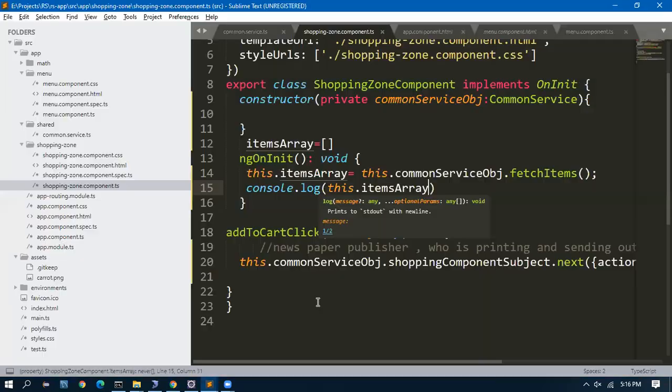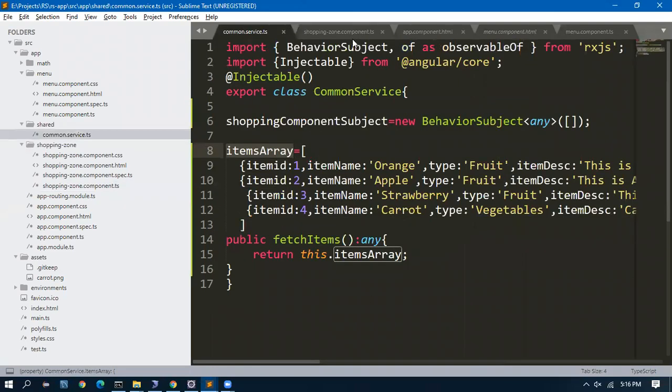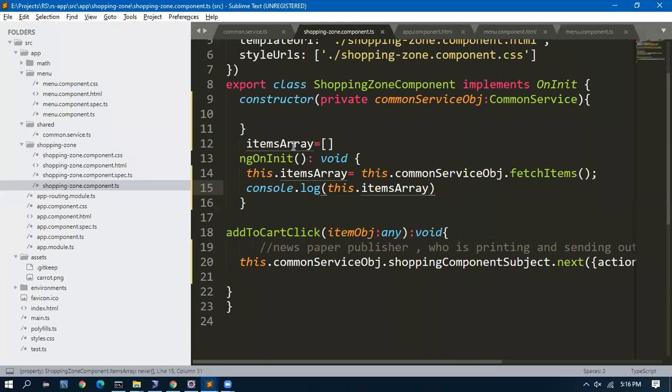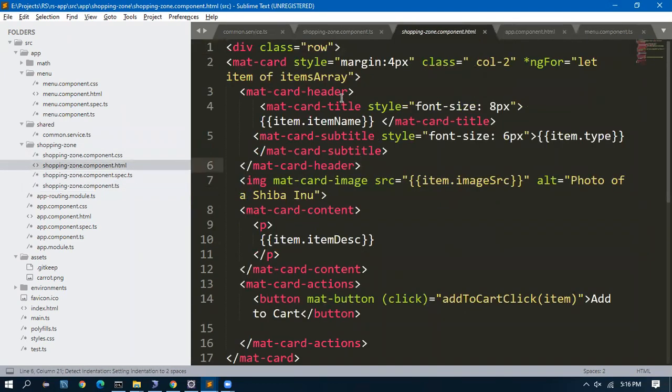Property item description does not exist on type never. Shopping zone component HTML items array.